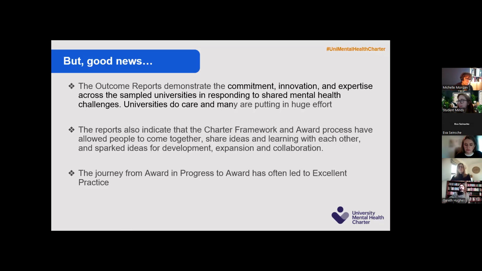So thank you again to you for all of that, because the whole reason this whole thing exists, the whole reason the charter exists, is to try and improve what's happening in universities, to try and improve the mental health and well-being of our staff and our students in universities. And we can see you are genuinely contributing to that from the work that you're doing. So thank you very much for all that. And you should feel really positive about the effect we're having overall, even though there are definitely things we need to work on.